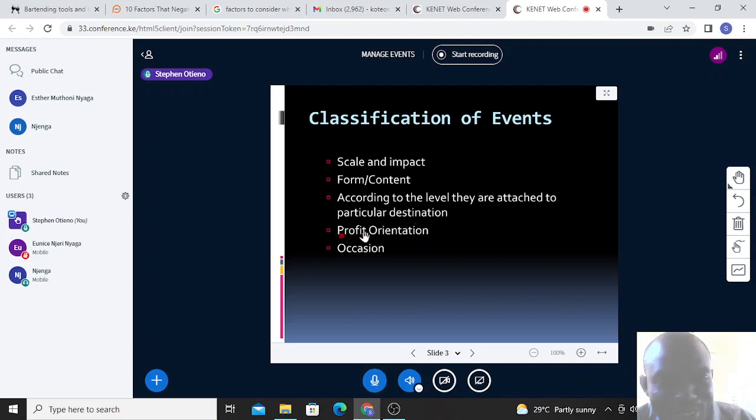Now, I want us to proceed to the next area and look at the occasions as a basis of classifying events and establish the specific ones, which of course we've already identified as formal and informal. But now, what do we mean when we talk of formal events? Now that Eunice is back, she can read for us the meaning of formal events. Kindly, Madam Eunice. Formal events are sometimes called banquets, and they include as well as wedding breakfasts.